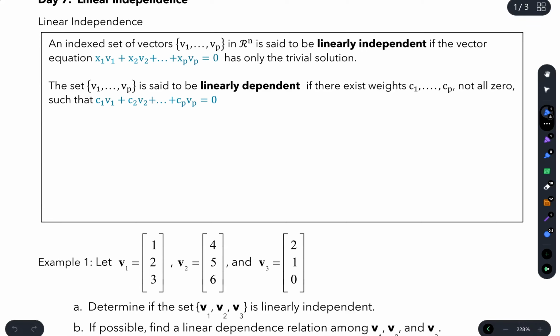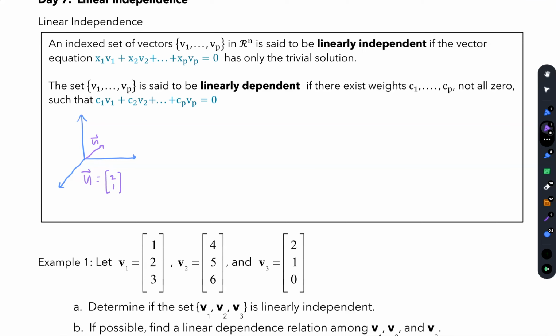So this is really and truly nothing new that we have done recently. If we have free variables, or let's talk about this. If I have some vector, let's call it vector u, I don't know, 2, 1. How about that? So u is going to be 2, 1. And let's call another vector w,